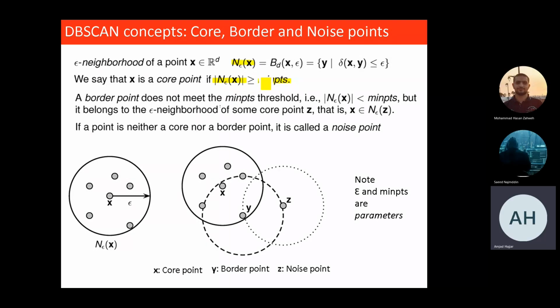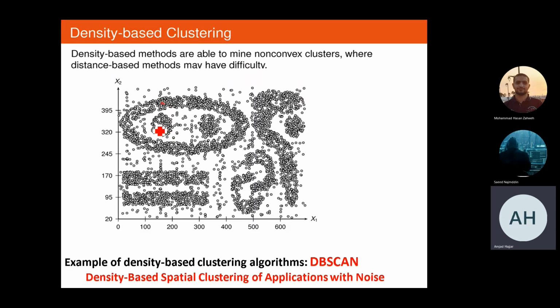فإذا دي بي سكان بيحتاج إنه بالبداية نحدد له انه انت قديش بدك تاخذ النيبرهود. How large you define your neighborhood, and also what is the minimum number of points that you need in order to define your points as core points. So if I go back to my initial diagram, this point, for example, is obviously a core point. Here's a core point. لأنه بالنيبرهود تبعهم